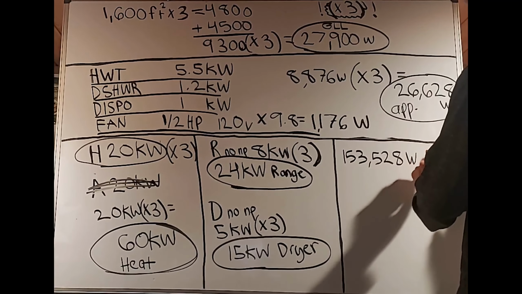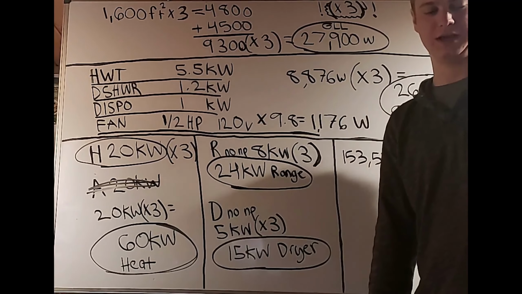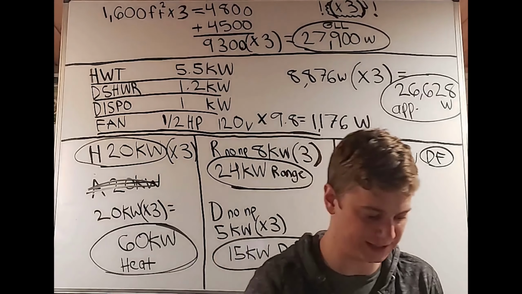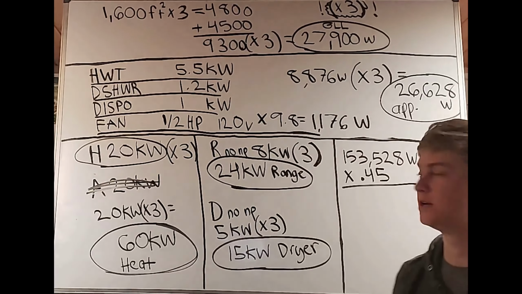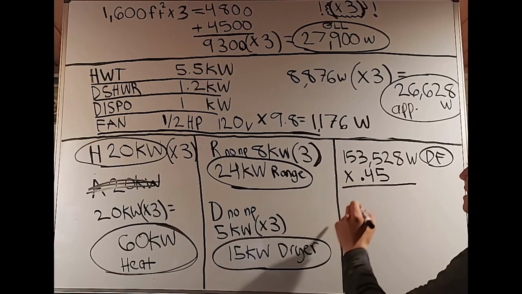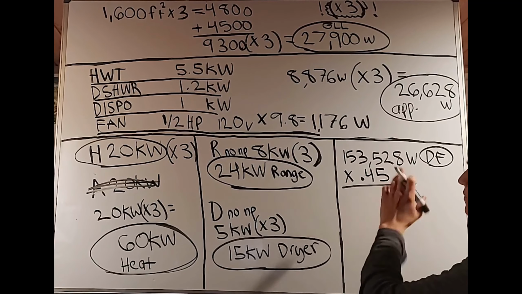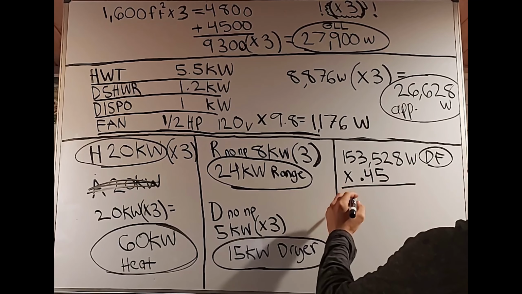Okay, so I'm just going to write down a little mental note right now, demand factor. Now I'm going to open up my book and find that demand factor. I'm going to go to table 220.84, and I see that 3 to 5 units has a 45% demand factor. So we're going to take our 153,528 watts, and we're going to multiply that by 0.45, or in other words, 45%. And from here, we're going to get